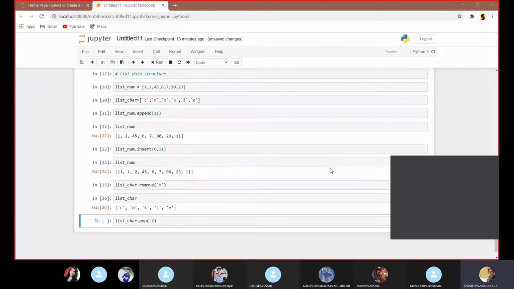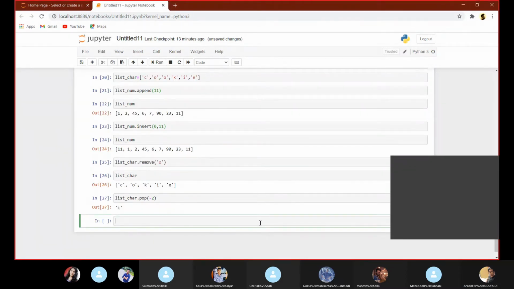This code removes the item at a specified position. This is how we can remove from a particular index by using indexing.